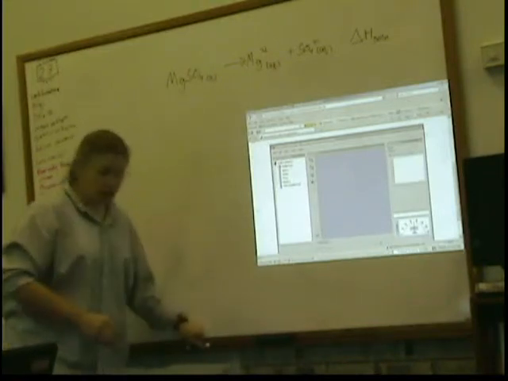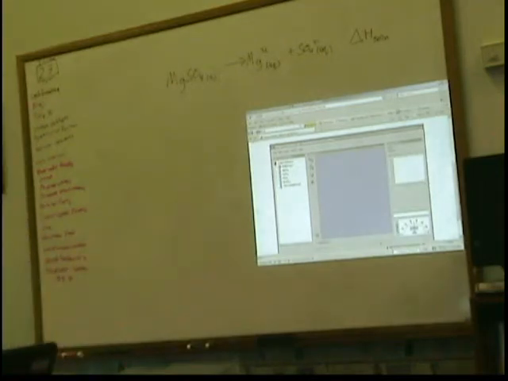So before we actually get started, let's just look and see what a reasonable amount to put in might be. So I'll put some water in there, and I'll put some magnesium sulfate. Now what they mean by weighing by differences is if I have this magnesium sulfate, and I've got that highlighted, if I click over here on solid, it shows me how much I have. I have 2.2870 times 10 to the second,